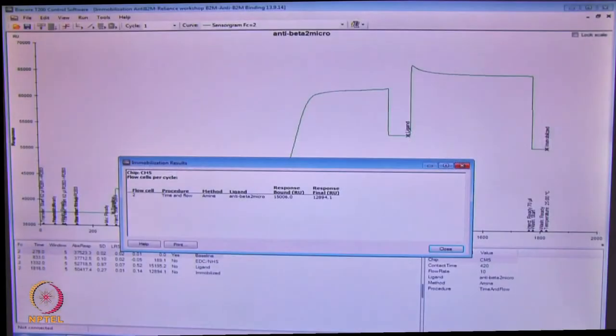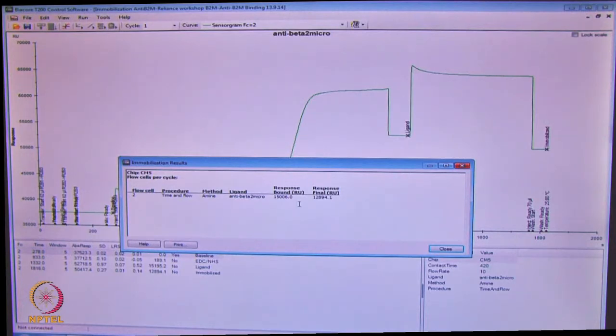We will now look at the results of our anti-beta-2 microglobulin immobilization performed on a CM5 chip. Looking at the immobilization results dialog box, there are 2 response levels calculated from the sensorgram.